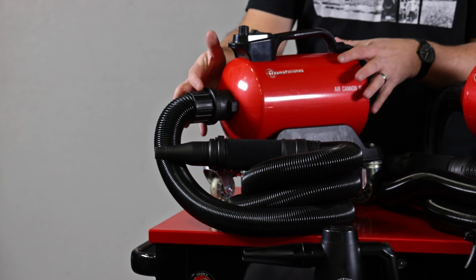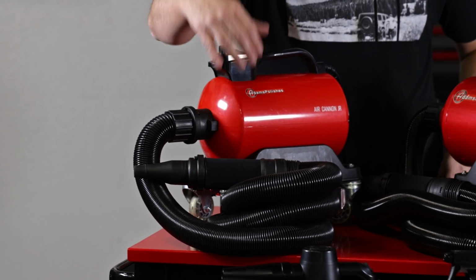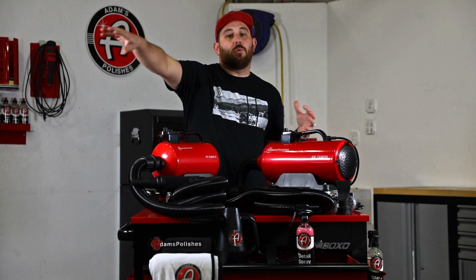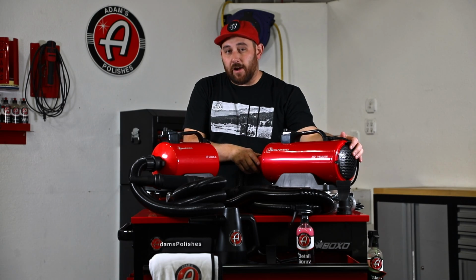The Air Cannon Junior, in my opinion, is probably the best all-around unit amongst the 3. Okay, it kind of sits in the middle, medium size, but where it's lacking is the length of the hose. A self-expanding, self-contracting 16.5-foot hose isn't necessarily something that can really get you around the whole car. You're going to need to pull the unit,